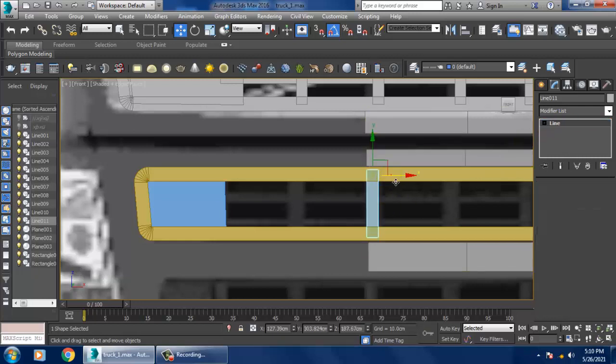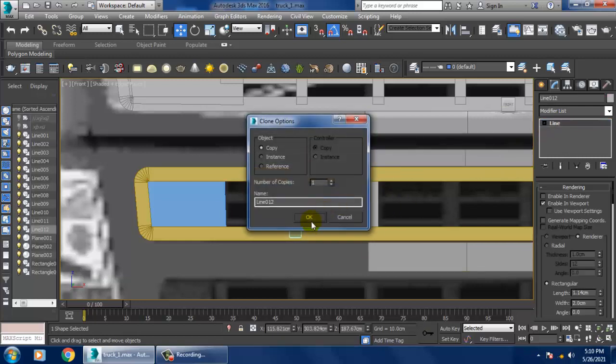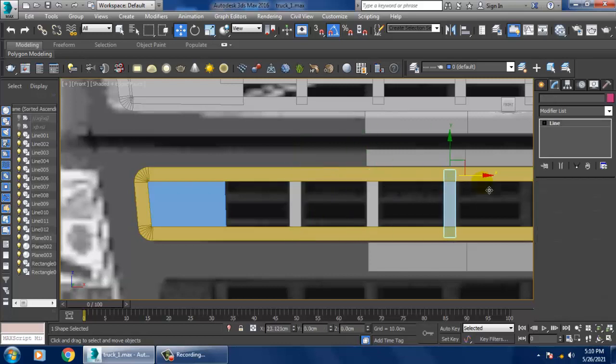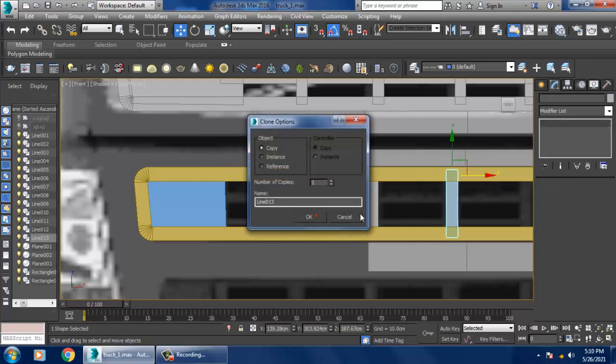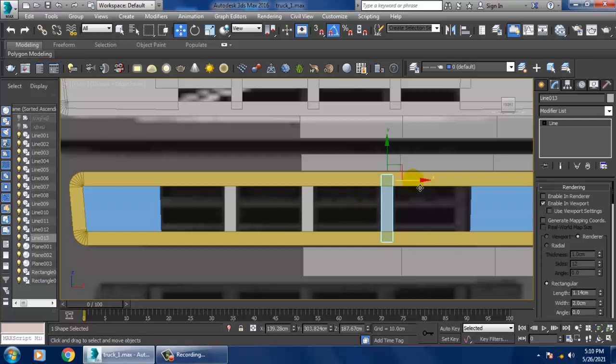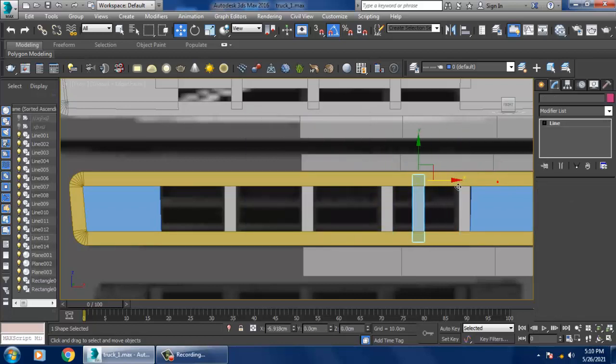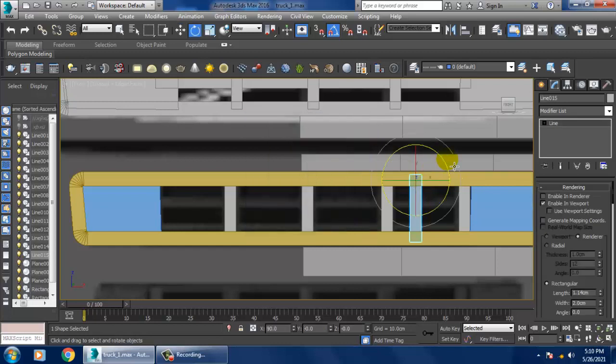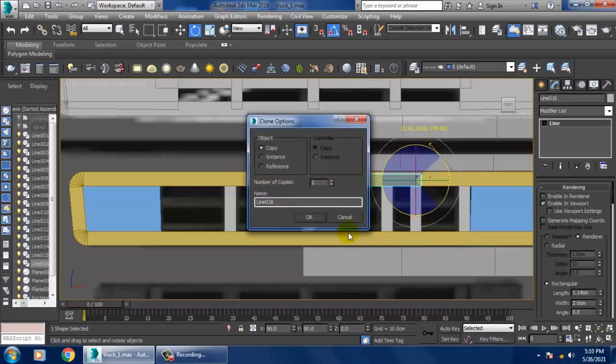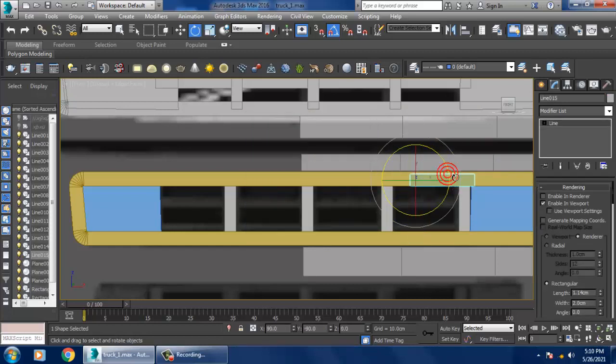So duplicate that and make one duplicate over here. Let's rotate it. Press shift and rotate. Just rotate that. Slightly shuffle this over here.